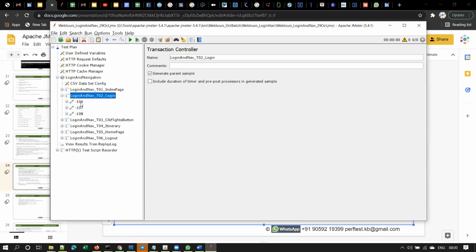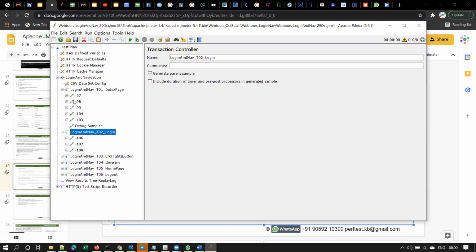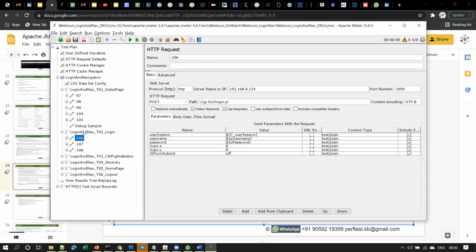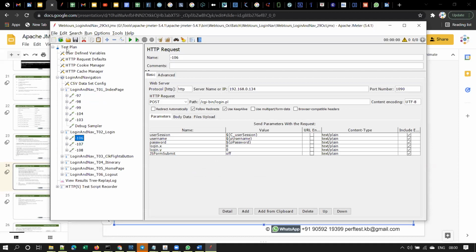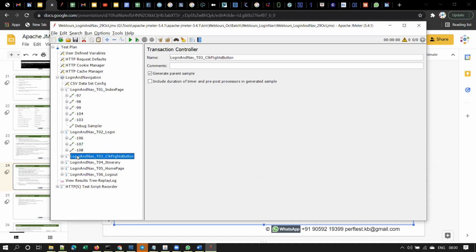Right now all the elements are enabled. These are all called elements. This is one element. This is a transaction controller element. This is an HTTP request element. This is how a JMeter script looks. And this is one more element. You understood what an element is, right? Each component is called an element.